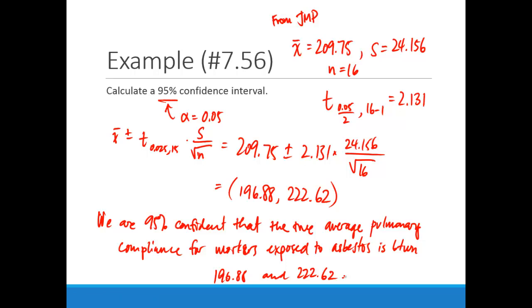So again, we're 95% confident that the true average pulmonary compliance for workers exposed to asbestos is between 196.88 and